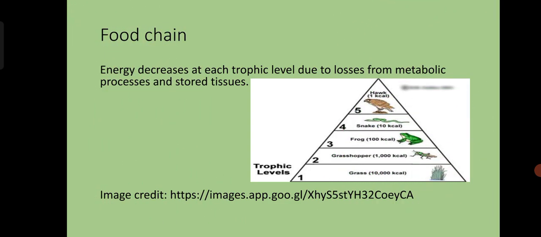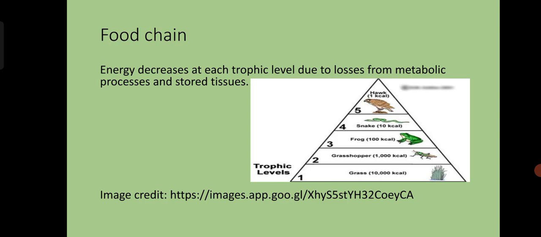Here we will be learning about the food chain. So a food chain shows how nutrients and energy move through an ecosystem in a linear fashion, highlighting the relationship between animals at different trophic levels through feeding. Primary producers, which are plants or other photosynthetic organisms, are followed by primary consumers, which are herbivores, secondary consumers, which are carnivores that eat herbivores, and high level consumers, which are carnivores that eat other carnivores. In a grassland ecosystem, for instance, a basic food chain could be grass, then grasshopper, then frog, then snake, then